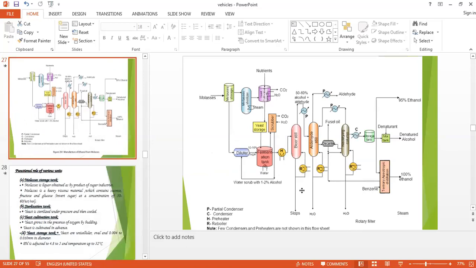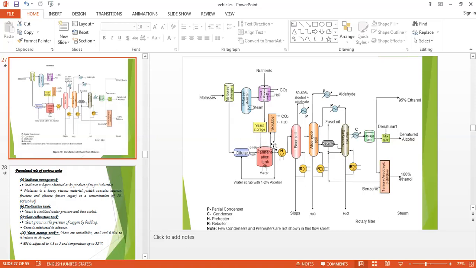So this is how we are preparing ethyl alcohol with the help of molasses. First we dilute the molasses. In the fermentation tank, we add the yeast, which contains the enzymes zymase and invertase.